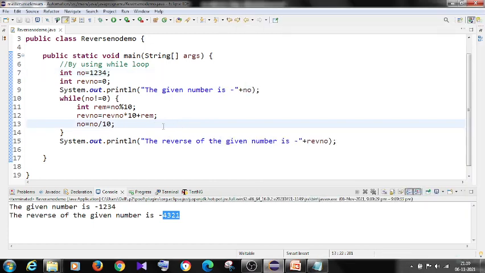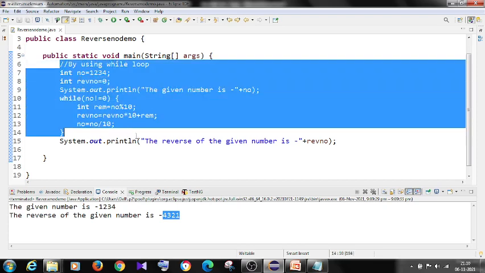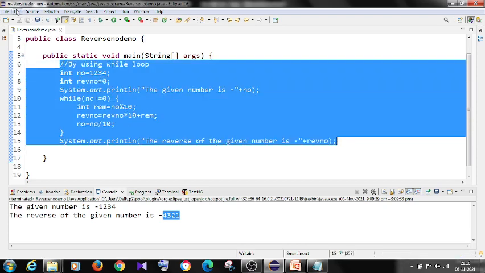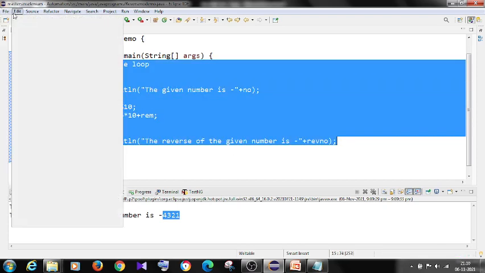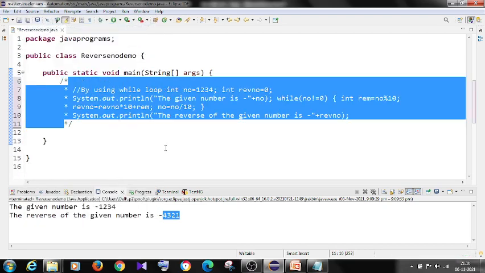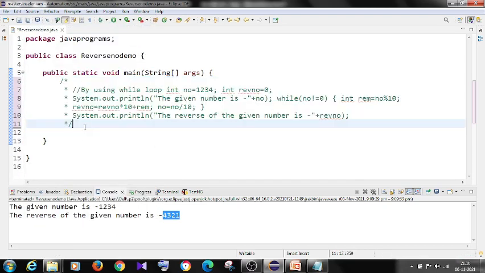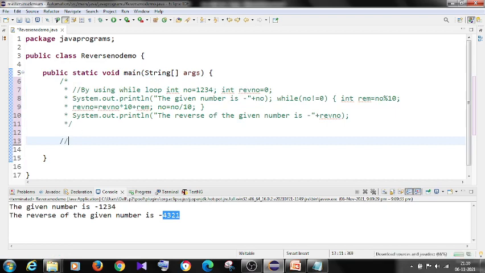Okay. Now we will see how you can reverse a number by using for loop. Okay. Same thing, I will comment this one. Now I will do it by using for loop.